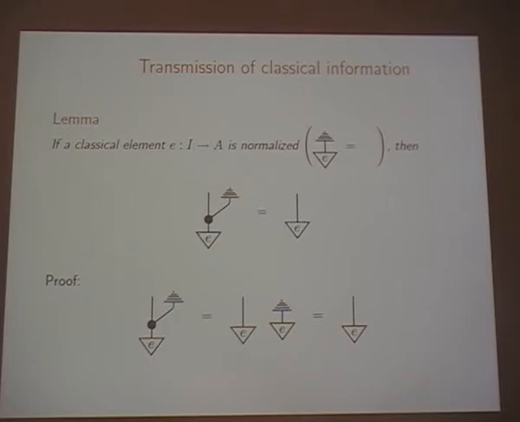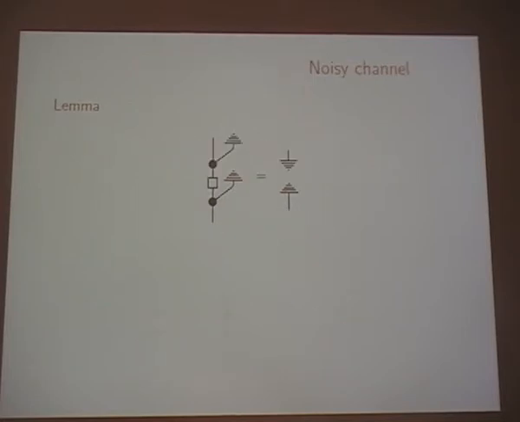Okay, what's next? Now, if we compose two classical channels, but in between we add an H morphism, we apply H between the two classical channels. In that case, we obtain a noisy channel. In fact, we are completely